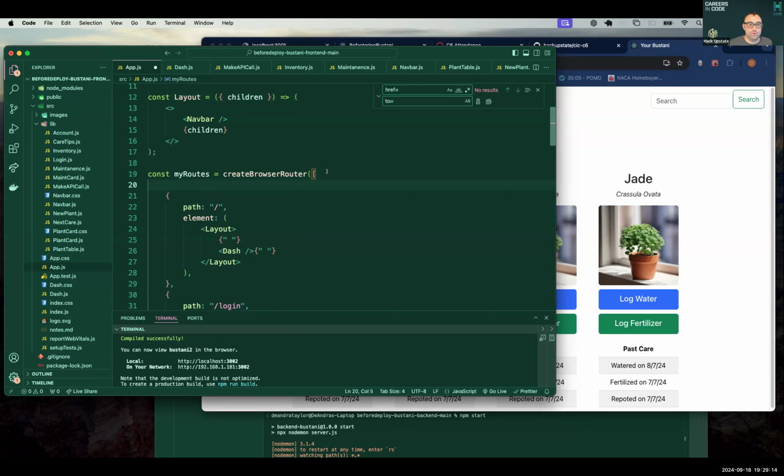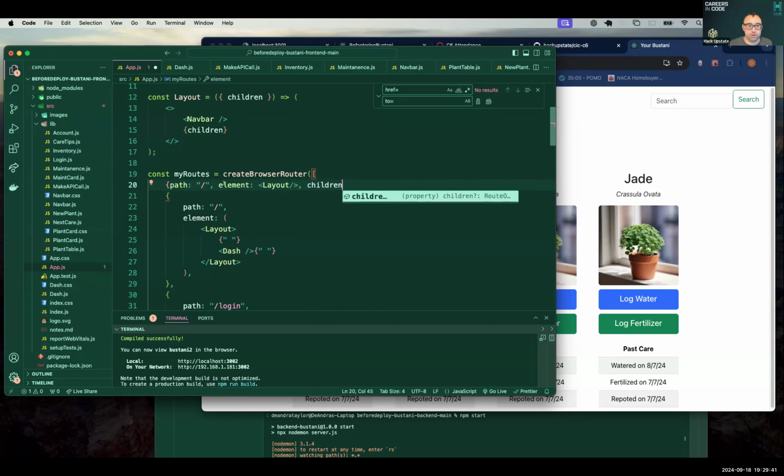But what we do here is we say the path will be an empty slash. The screen share lag drives me crazy when I type. The element will be your layout. Do that as self-closing.